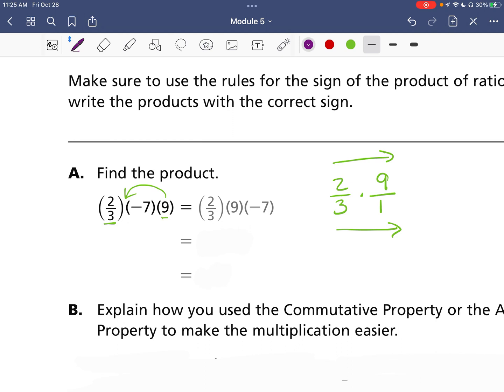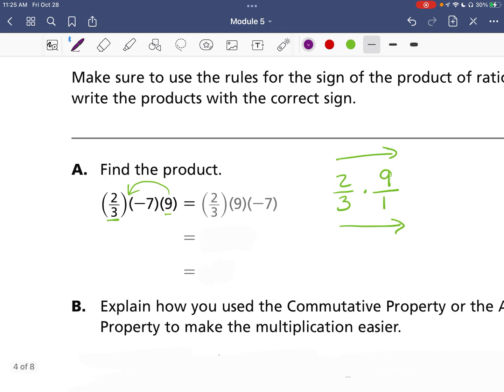And then we can do some little pre-simplifying. 3 can go into 9, so 3 goes into itself once. 3 goes into 9 3 times. If we go across our numerator, we're going to get 6 in our numerator, and 1 times 1 is 1. So now we have 6 times our -7. So we grouped those together, did our first two numbers, multiplied by the third. So now we have a positive 6 times a -7 should get us